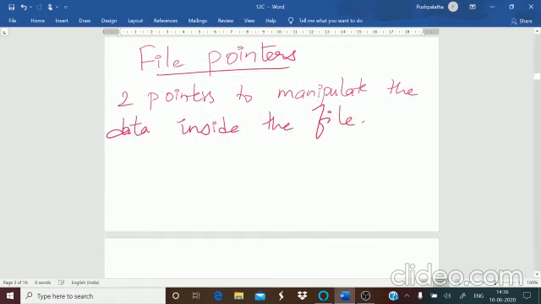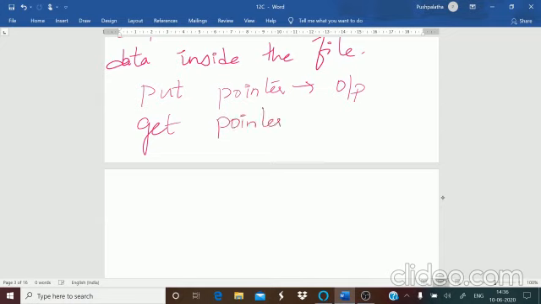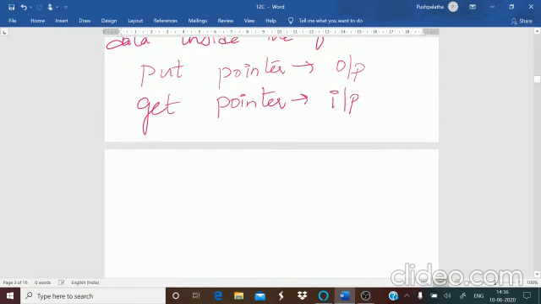Which are these pointers? One is your put pointer, which is for output, and then the get pointer, which is for input. It helps with random access. If you want to access data randomly from anywhere in the file, you can use the put or get pointer.